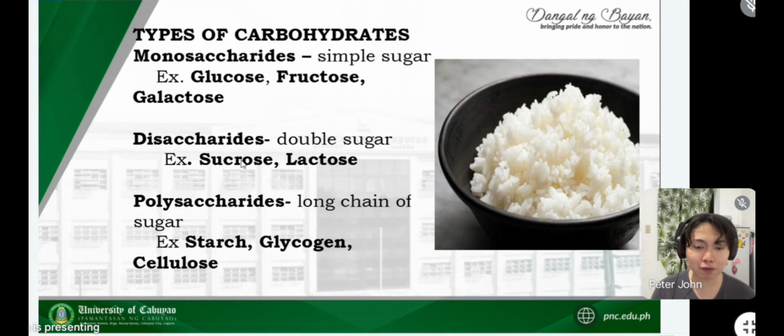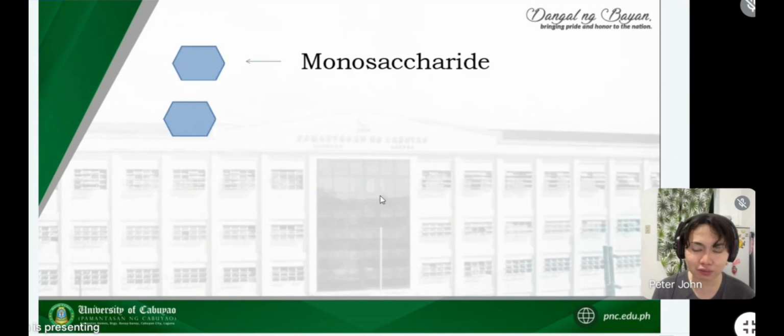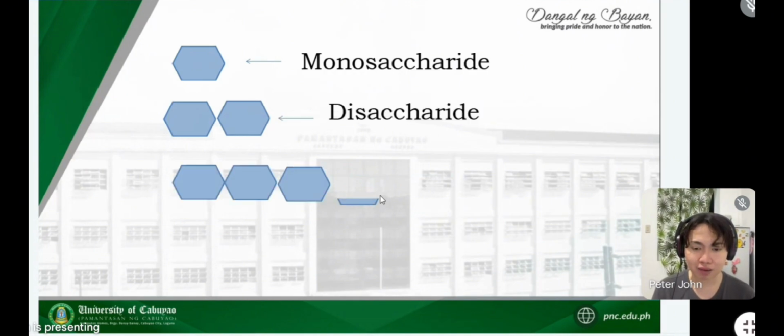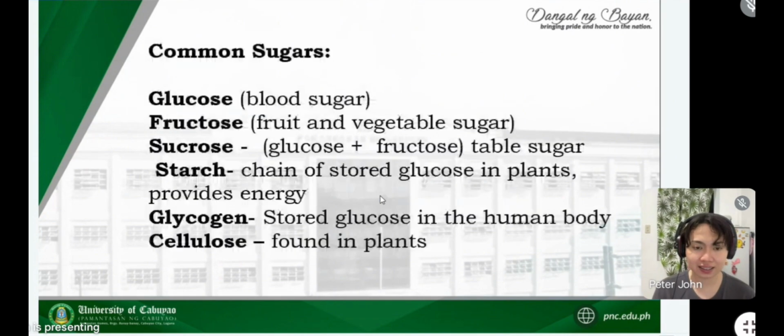And for lactose, ito naman yung makukuha natin sa mga Yakult, kadalasan. Next, we have the polysaccharides, a long chain of sugar. So we have the starch, glycogen, and cellulose. So we will discuss it later, these major polysaccharides. So kung nakita niyo sa picture, kanin or rice is an example of polysaccharides. Under po siya dito. Okay, so in order for you to visualize, mono, isa lang. Pag pinagsama, di. Pag marami, or more than 2, polysaccharides. Next, ayan yung explanation natin kanina. So, ito po yung tatlo.